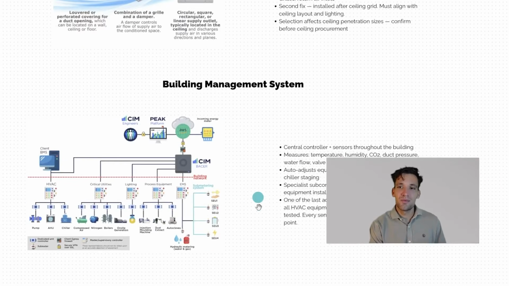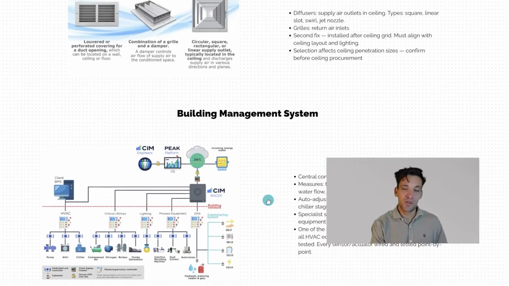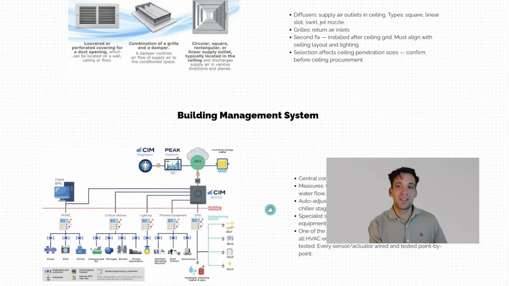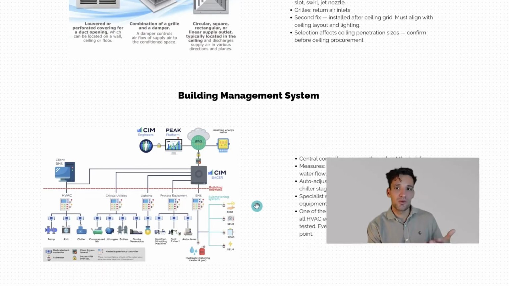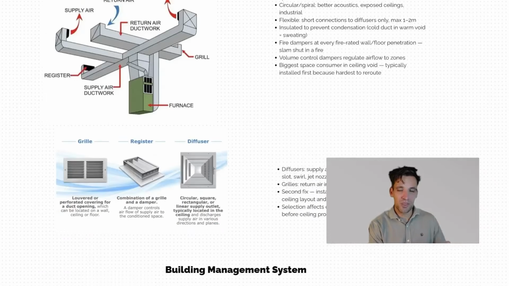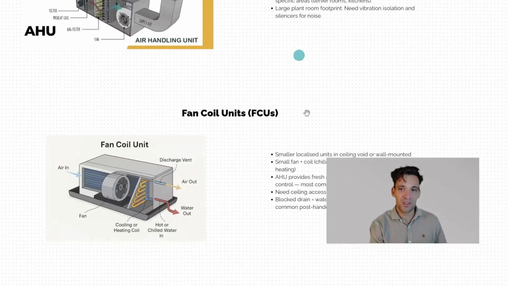The other component of the system that is important to understand is the actual building management system. This is typically referred to as the HVAC electrical system or mechanical electrical system, but this is the comms and controls that tell certain things when to turn off, when to turn on, connects to the meters and the control panels in different rooms, basically runs the entire building system. So when we talk about doing a takeoff for a building management system, that would fall under the category of an electrical takeoff. So I'm just going to be talking about the actual core components and counting those, and